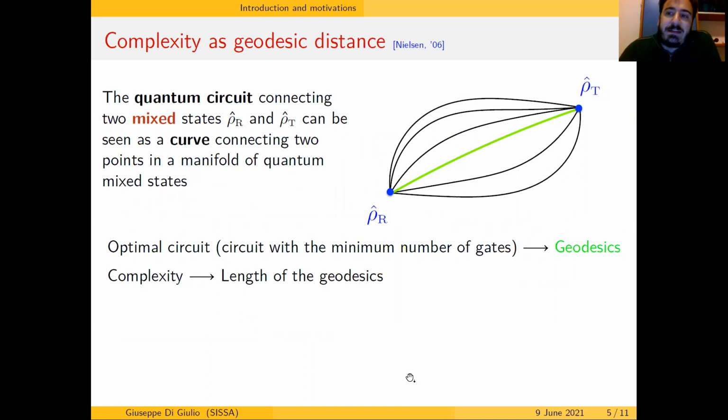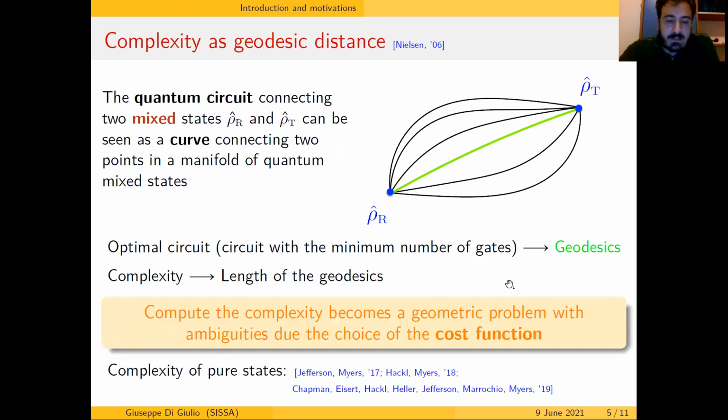We are going to follow the approach by Nielsen, which goes back to 2006, for computing the complexity, which is a geometric approach that basically corresponds to considering a quantum circuit connecting two generic mixed states and seeing this circuit as a curve on a manifold in which each point corresponds to a quantum mixed state. So in this geometric picture, the optimal circuit can be seen as the geodesic, and therefore the complexity is the length of the geodesic. So we have a nice and powerful geometrical method for computing the complexity, but it has some ambiguities, and it is related to the choice of the cost function, namely to the choice of how we weight the different gates in the different